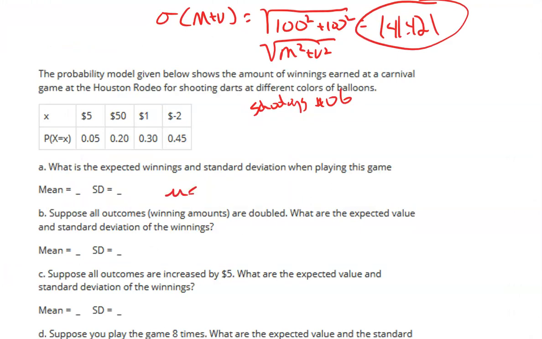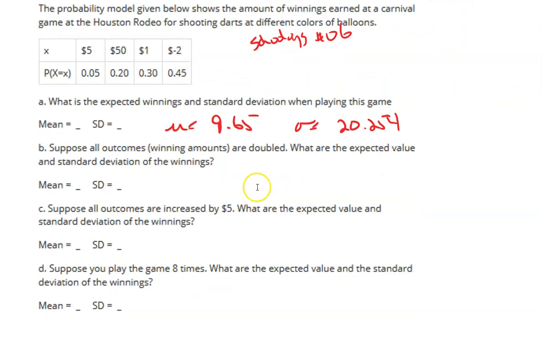So my mean is 9.65, and my standard deviation is 20.254. All right, so suppose all of the outcomes are doubled. If we doubled all of the outcomes, what would it do to the mean? So the mean of 2 times x, we're basically doubling it, right? If we double all the outcomes, it's going to double the expected value, so it should be 9.65